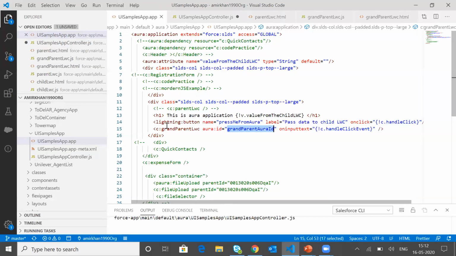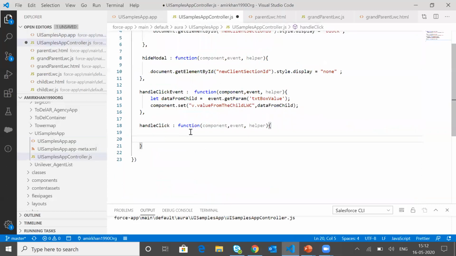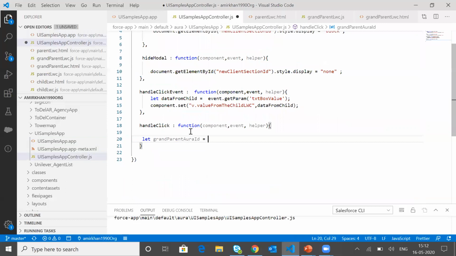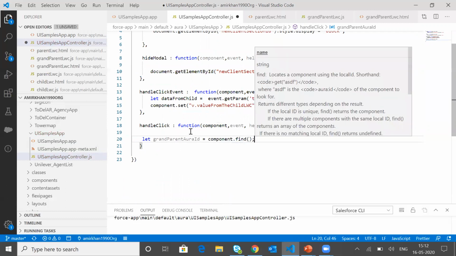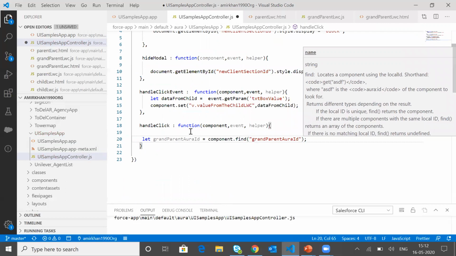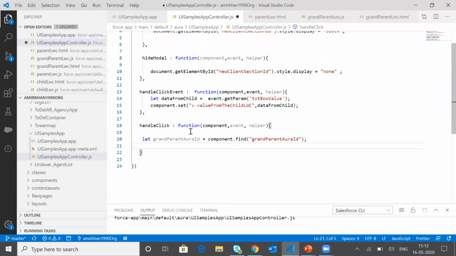Let's say let grandparentAuraId is equal to component.find, and we will have to find the Aura ID here. Now it will give you the instance of that particular LWC component, and on the LWC component we will be passing the data.